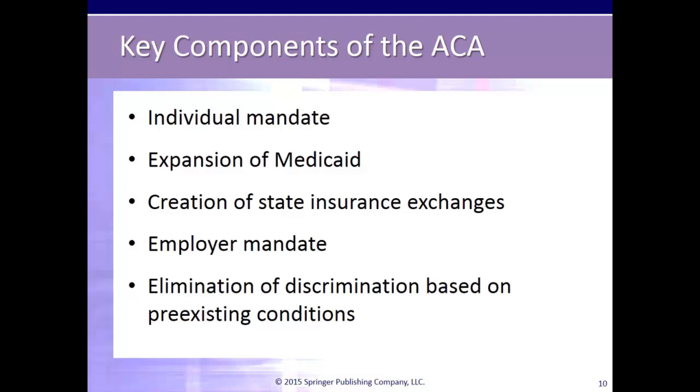Key components of the act were to mandate health insurance or pay a penalty, to expand Medicaid, to create an insurance exchange where small businesses and the uninsured could purchase insurance with a federal subsidy, to mandate employers with more than 50 employees to provide health insurance, and to require insurance companies to comply with federal regulations that sought to eliminate discrimination for pre-existing conditions.